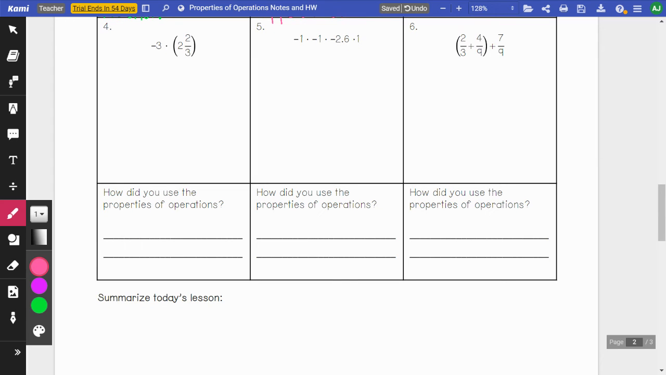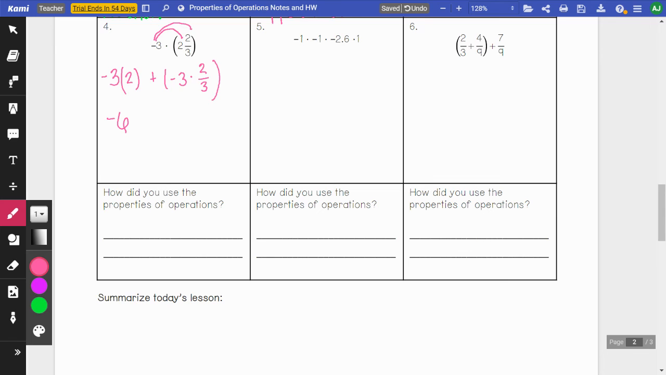Okay, looks like on number 4, we have some distributing that we can do. We can distribute the -3 to the 2 and the -3 to the fraction. So we have -3 times 2 plus -3 times 2/3. All right, -3 times 2 is going to be -6. And